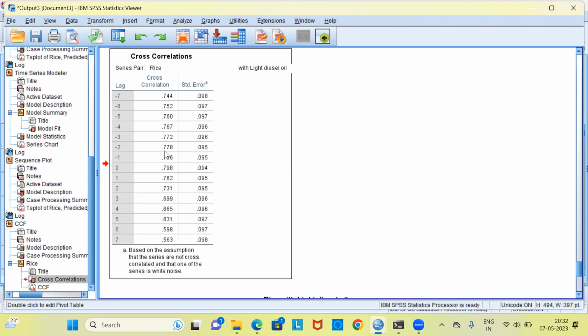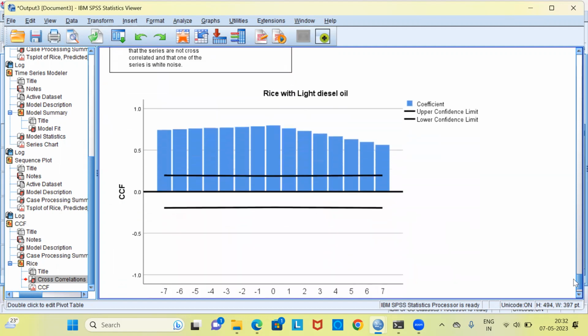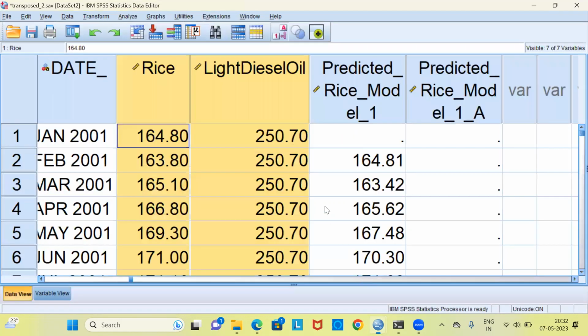Usually, if the correlation value is greater than 0.7, we say that the correlation is strong, which is what we are seeing in the second column. So this is the cross correlation value with that of light diesel oil. You can also see the CCF plot for rice with light diesel oil. If we come back to the data, what I'll do now is create lag variables for rice as well